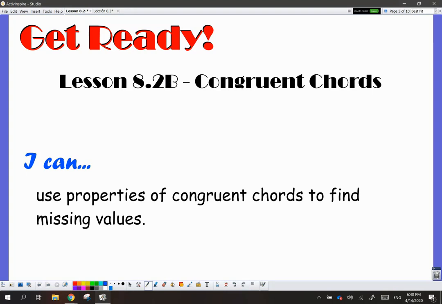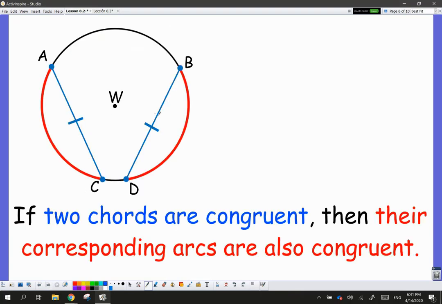So let's go over our objective. I can use properties of congruent chords to find missing values. Now remember that the word congruent means same. They're the exact same. So we have two chords that are the exact same inside of a circle. When that happens, we have some special properties going on. If two chords are congruent, then their corresponding arcs are also congruent. So in this case, because segment AC is congruent to segment BD,